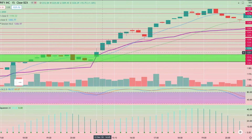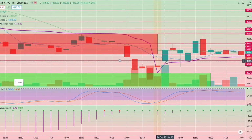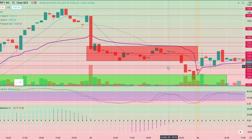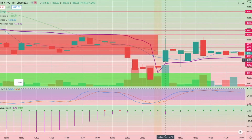1215. So I was clearly just waiting there for 1215 to break, and with extra volume. So I was expecting extra volume and that price level to break, and it did exactly that. So price broke 1215 with clear higher than average volume levels is what I look for when we have these breaks. And yeah, volume was clearly well above average, so it broke 1215, entered the trade, and I rode